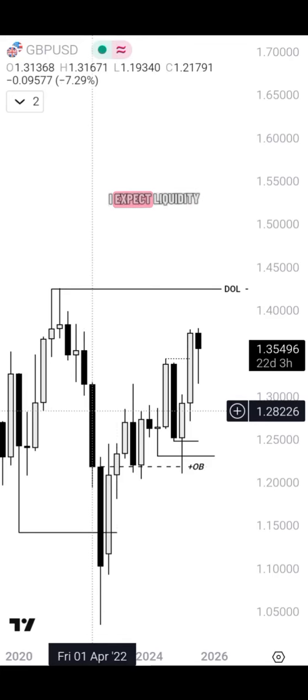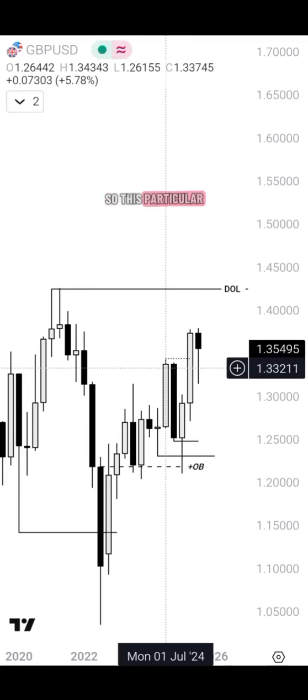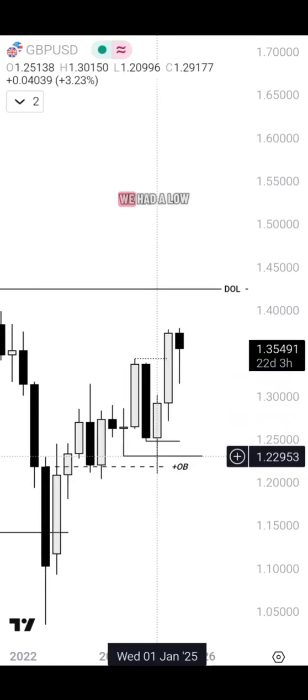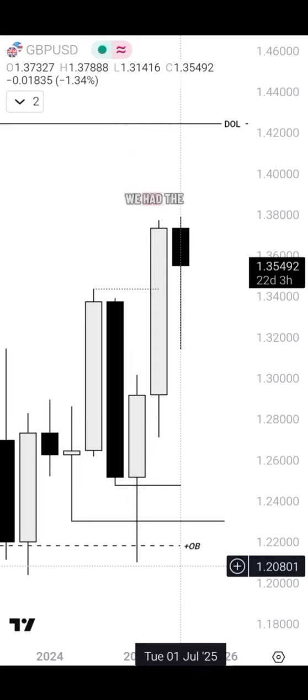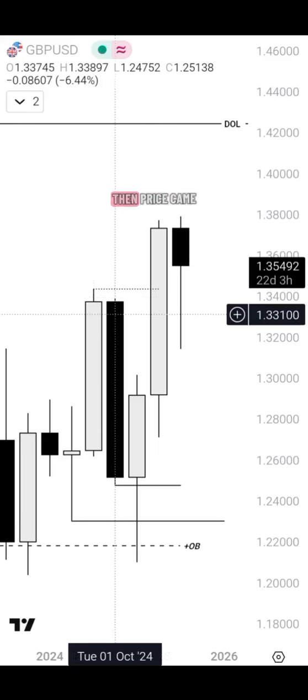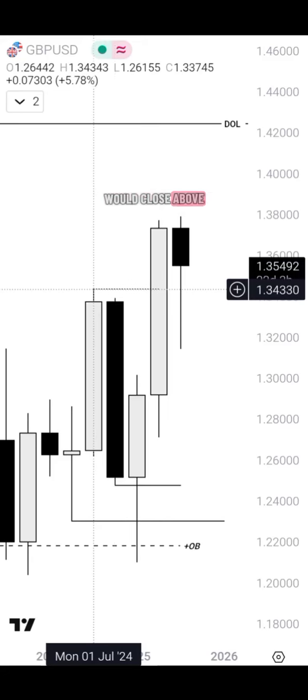I expect liquidity to be created around fair value gaps. So this particular candle is a breaker. Why? Because if you look down here, we had a swing low here, this low that created this high, then price came back and took a low,